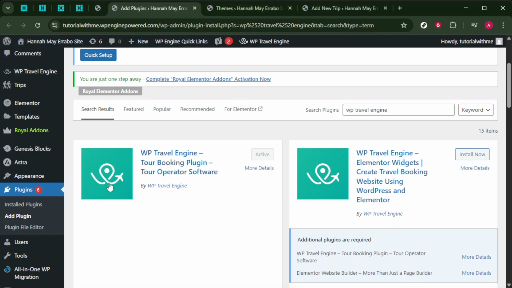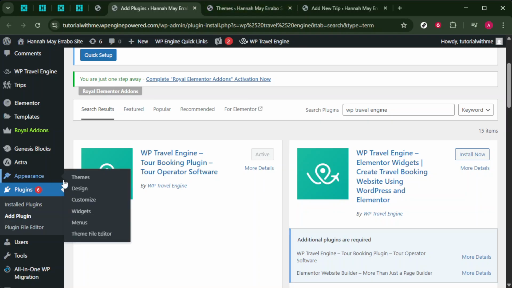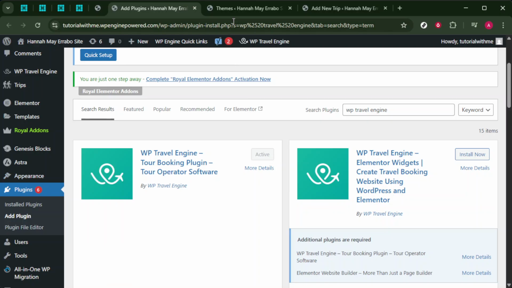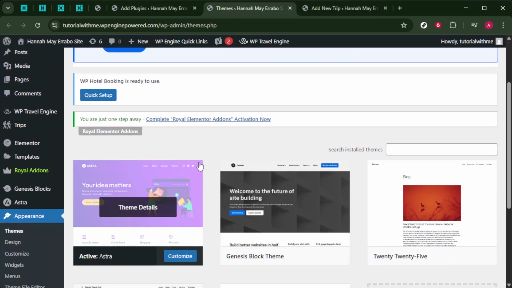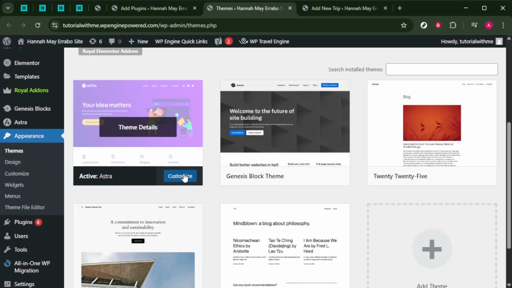Next, head over to the Domains section found in the navigation menu. Here, you'll see an option to Add or Manage Domains. Click on it. This area allows you to manage the domains linked to your WP Engine site. Not only can you make changes to existing domains, but you can also add new ones if you need to